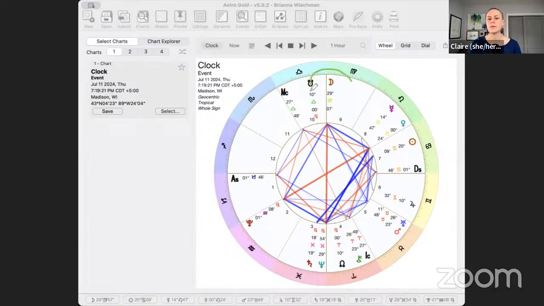So first things first is looking at the moon. Of course, we always want the moon to be in good shape. And I'm not going to get into what good shape is. That's for everyone out there to learn when you learn how to do electional astrology. We can have a whole set of lectures just about how to get the moon into a good position. And it really depends on what you're doing. But okay, so earlier today, there was a moon in an earth sign in Virgo. And later today there is going to be a moon in Libra.